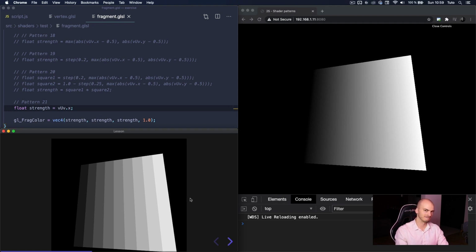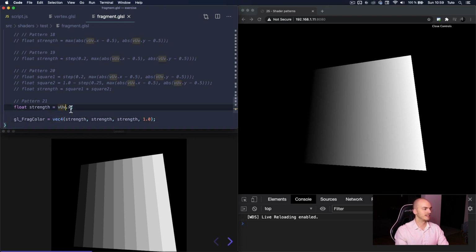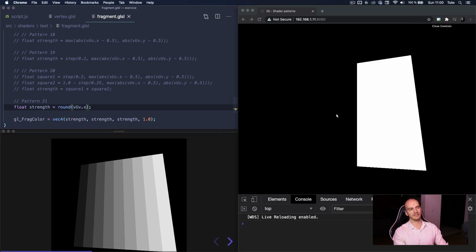It's not that easy. To get that, we need kind of rounding. Maybe there is something like 10 of them. 1, 2, 3, 4, 5, 6, 7, 8, 9, 10. Yeah, there is 10 of them. It's like rounding to the first decimal. To get this result, we can use round, but round will simply round the value. So we provide a value and we give you 0 or 1, and as you can see, it's not working